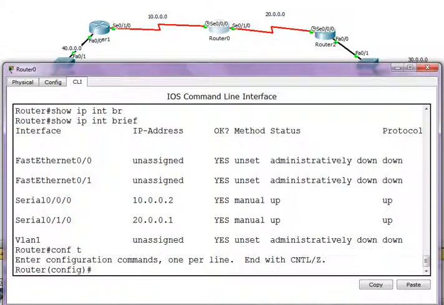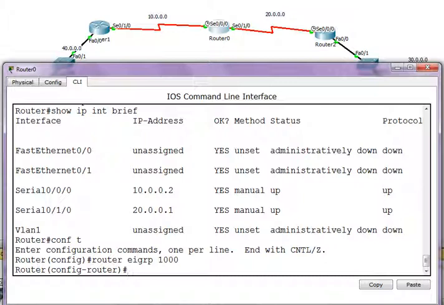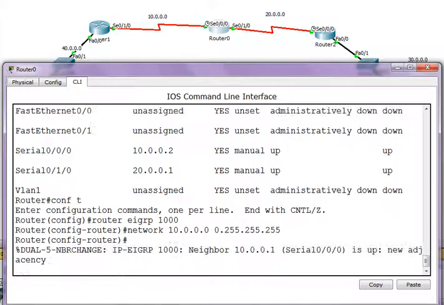So I go to configuration mode, but listen carefully. Before I enable EIGRP in this router, make sure the autonomous system number, my area number, is the same in all the routers enabled with EIGRP. If it mismatches, they will not talk with each other. So network 10.0.0.0, 0.255.255.255.